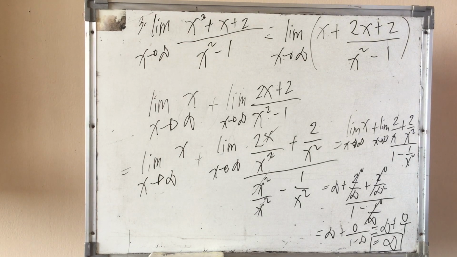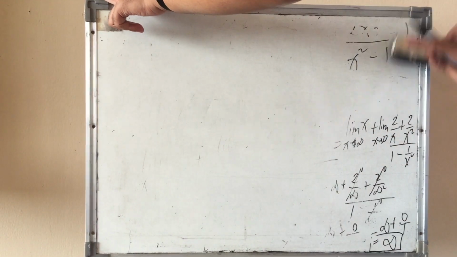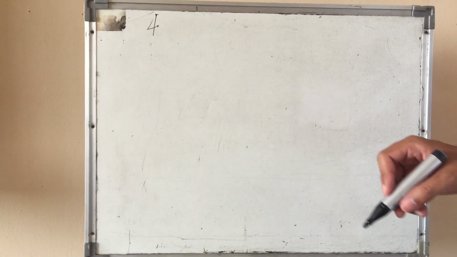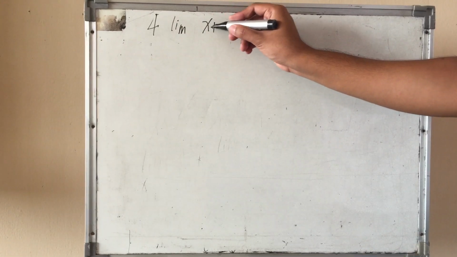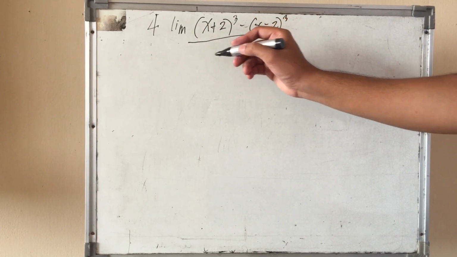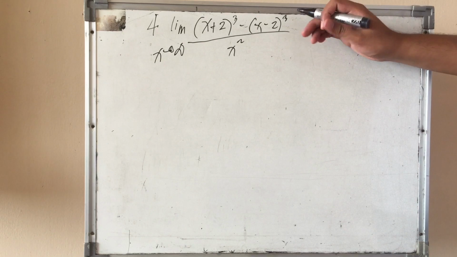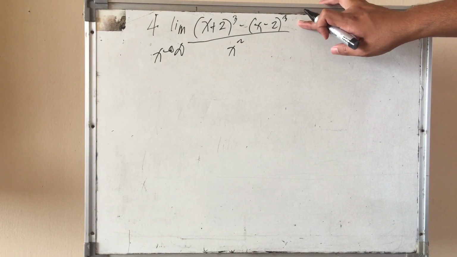Okay, so we'll go now to our last example, number 4. Find the limit of ((x + 2)³ - (x - 2)³)/x². Solution: expand the numerator first. So expanding the numerator, we have the limit of x cubed plus 6x squared plus 12x plus 8